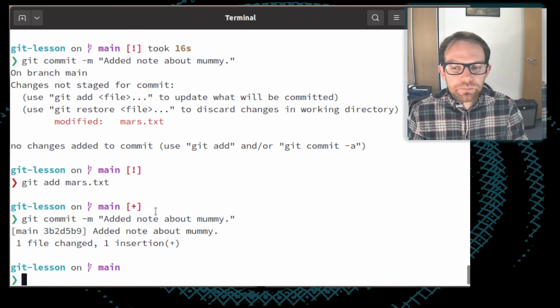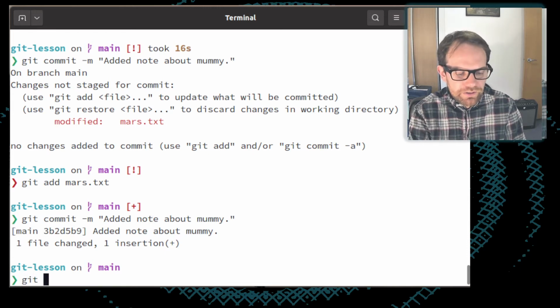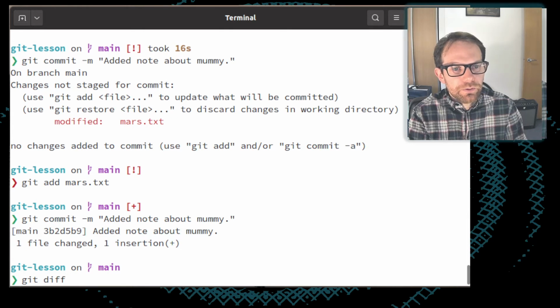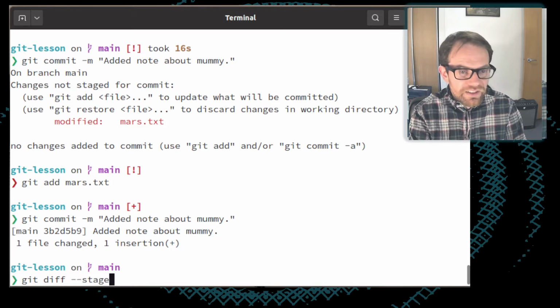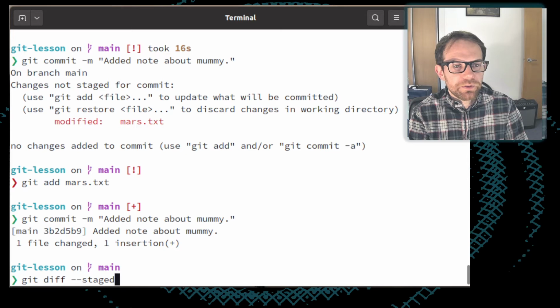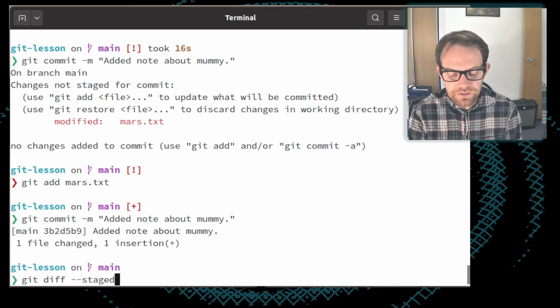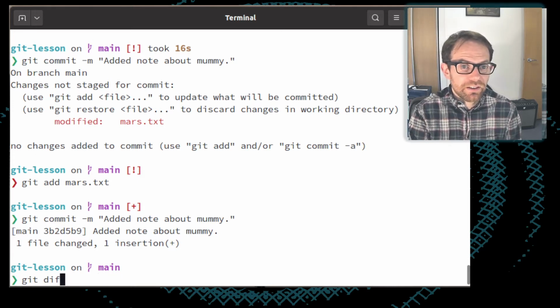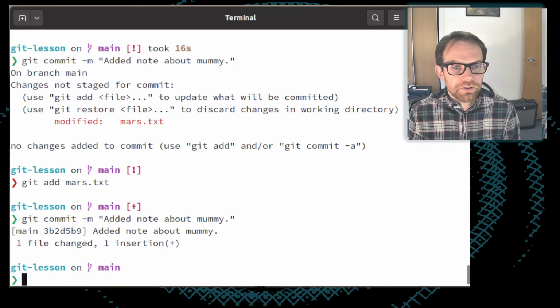Likewise, so I previously showed you how you could run git diff to show the differences between what is in the current working state of the repository directory and what's committed to the repository. I can also run git diff --staged if I want to see the difference between the previous commit and what is sitting in the staging area. I'm not going to run that at the moment because there's nothing in the staging area, but that is how you would go about checking the difference between files which you'd run git add on and files which are in the previous git commit.